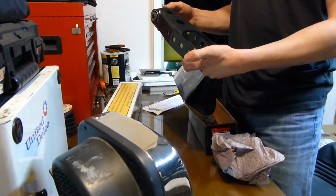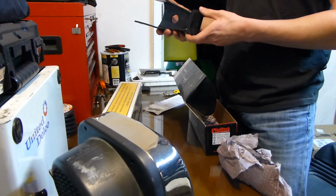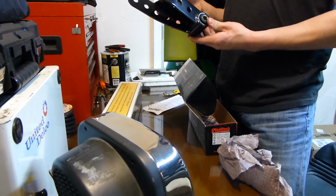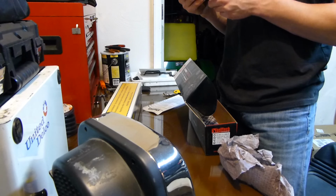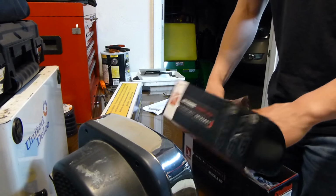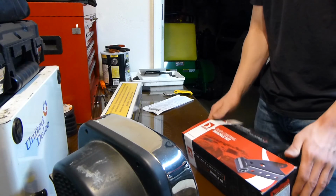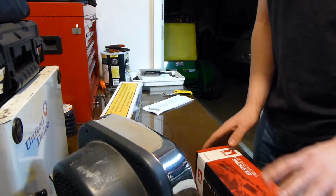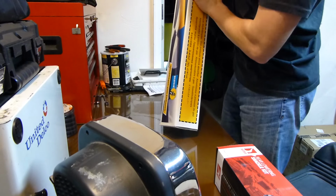These are our rear shackles. They're supposed to give us 2 inches of rear drop. They look pretty nice for the most part. So those will be probably in the next upcoming video here. And then